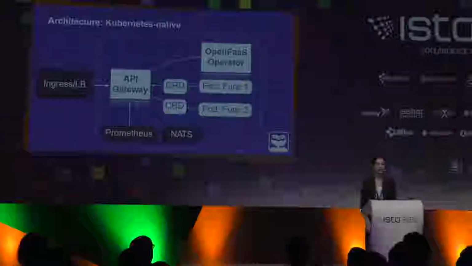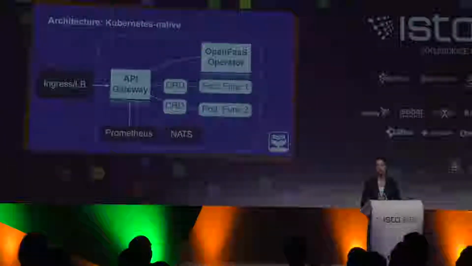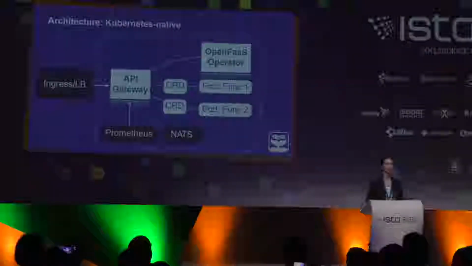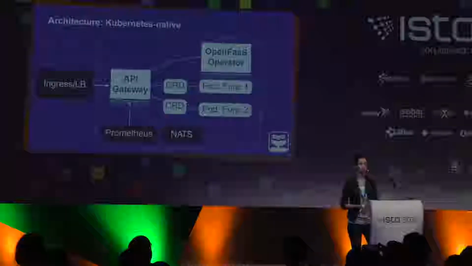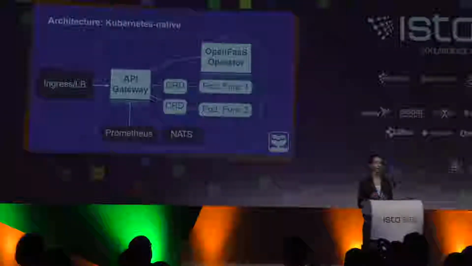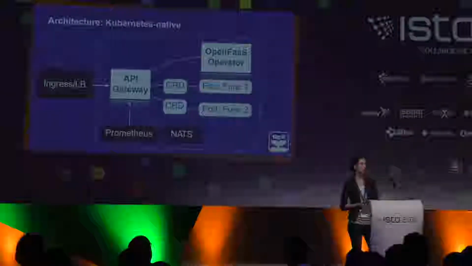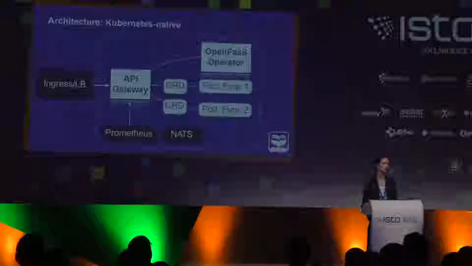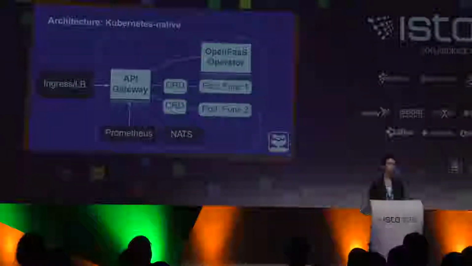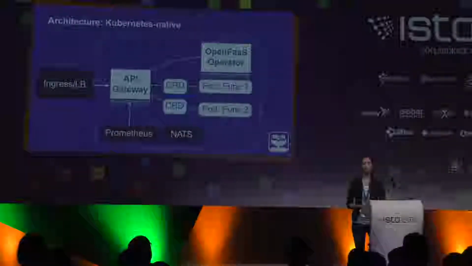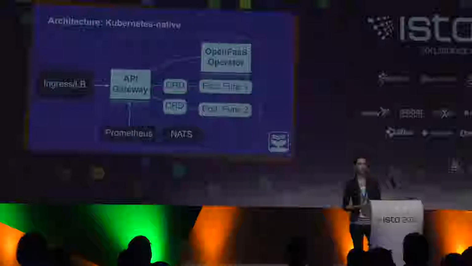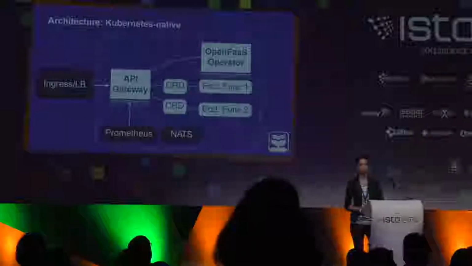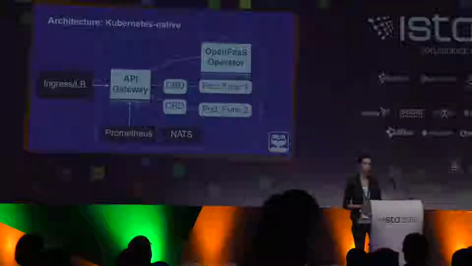This is a diagram of how the architecture of OpenFaaS is. It has several components that are deployed to the cluster by Kubernetes, but it can also work with Swarm. And you have API gateway. This is the way you can connect to your functions from outside. You can have access to your function and invoke it from anywhere. If you are running OpenFaaS on a GKE cluster or EKS or somewhere else, you can create ingress controller or load balancer, and you can access the gateway.